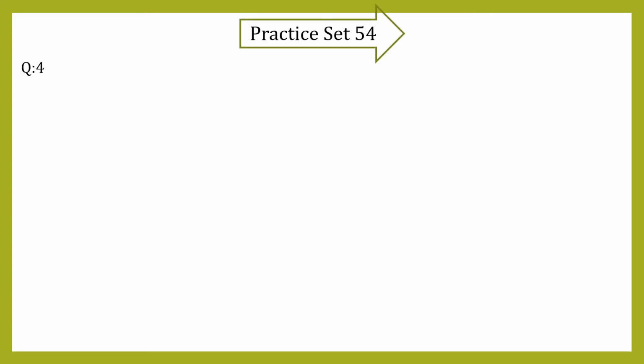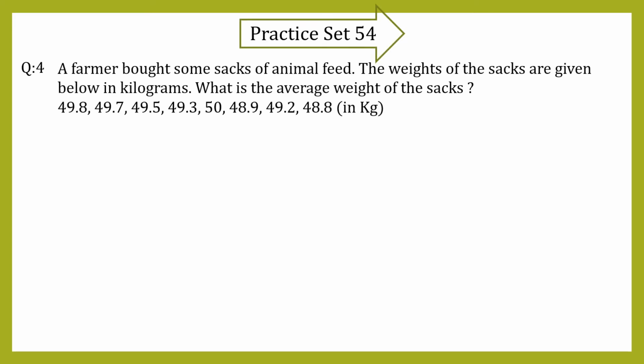Let's continue with question number 4. Let's read the question. A farmer bought some sacks of animal feed. The weights of the sacks are given below in kilograms. What is the average weight of the sack? Now the weight of the first sack is 49.8 kilograms. Second sack, the weight is 49.7. Third one,